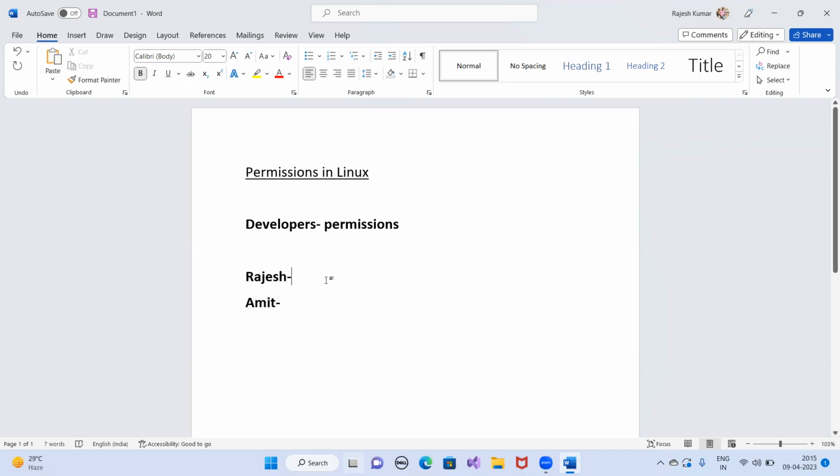Now they will write the code and save it in a location called the central repository. Every developer will write their code and save it in a central repo. You might have heard about Git. Git is one example of a central repository. Suppose Rajesh and Amit work in the HCL Noida office, which means the NCR office. Now there is another team, Sumit and Anita, and both of them are working in the HCL Bangalore office.